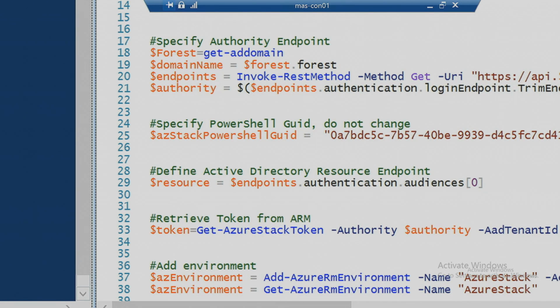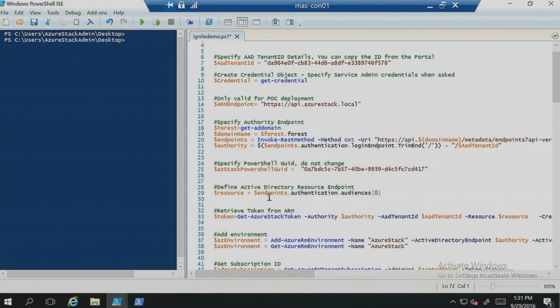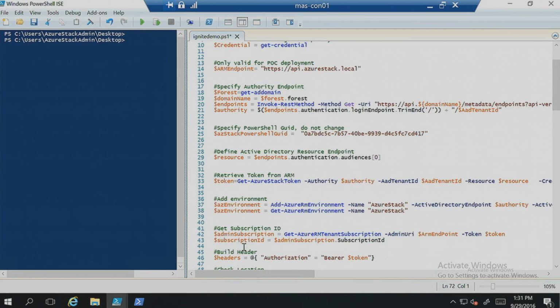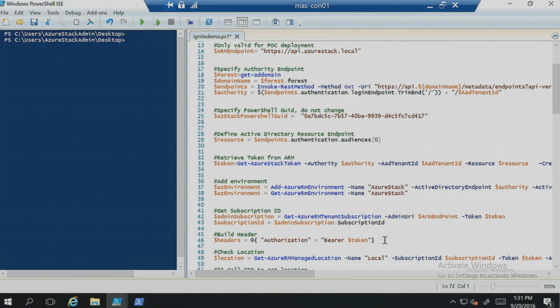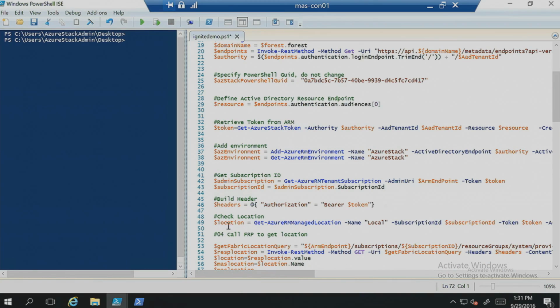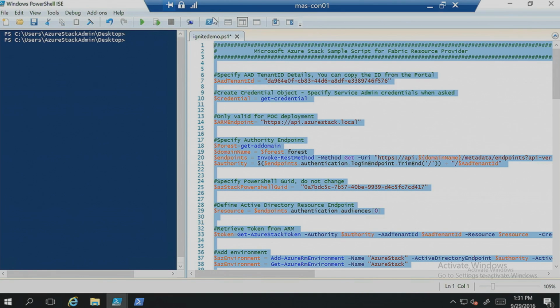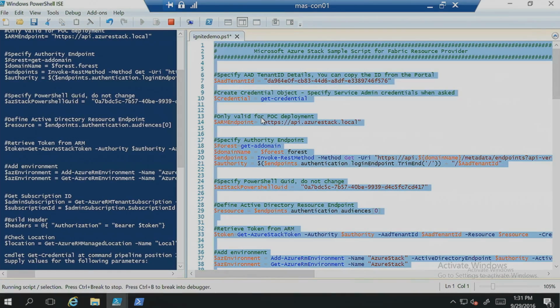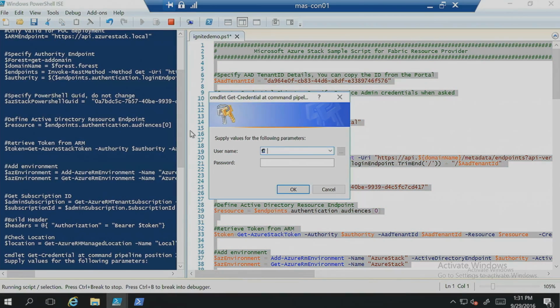And once we have a token, we can call the underlying resource provider. So let's take a look here. So you should see an authentication popping up.